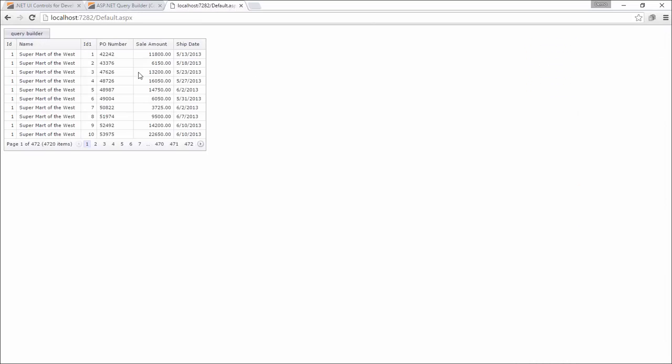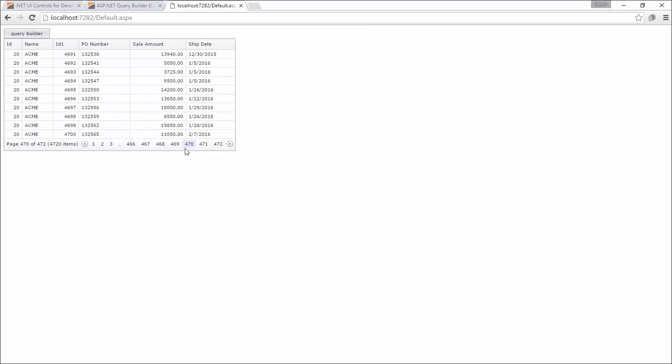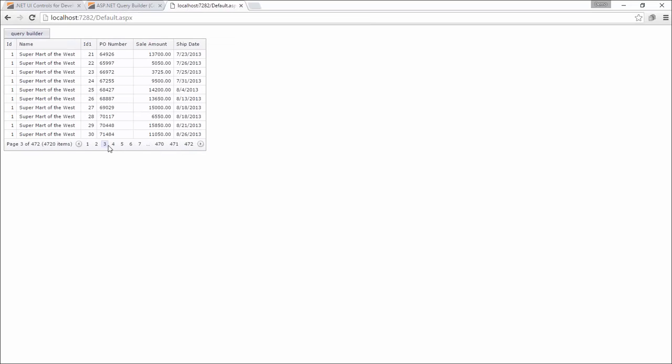But if I just want to quickly change it out, what'll happen is as soon as I save the query, typically, as you saw, we'd have to change it on the SQL data source, but now, dynamically, as the end user, I have redefined what data appears in here. So now I have the customer ID, I have the customer name, the PO number, the sales amount, and the ship date. And if I've done any other features on the grid, like sorting and grouping, I can enable that, or paging, but dynamically, we have changed and given the power to the end users. So, it's a very powerful feature that can allow the end users to manage how they change out the